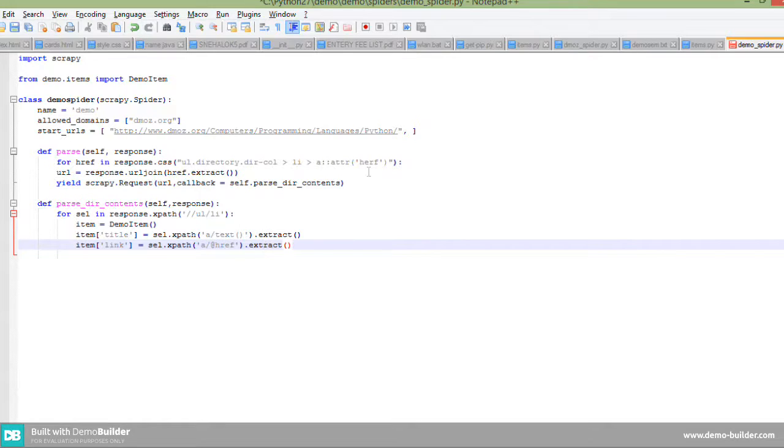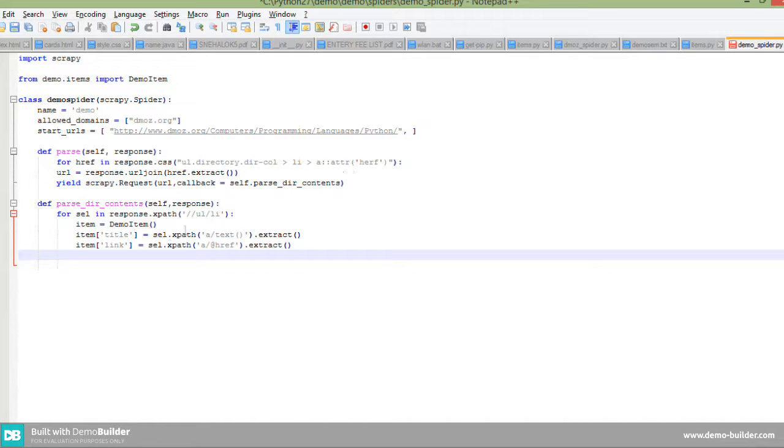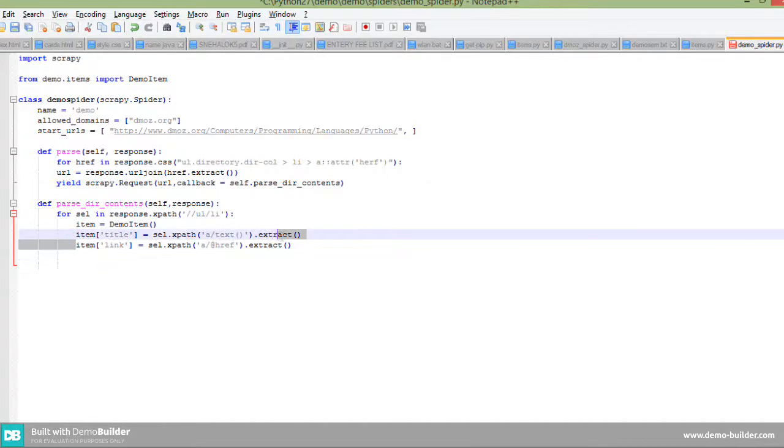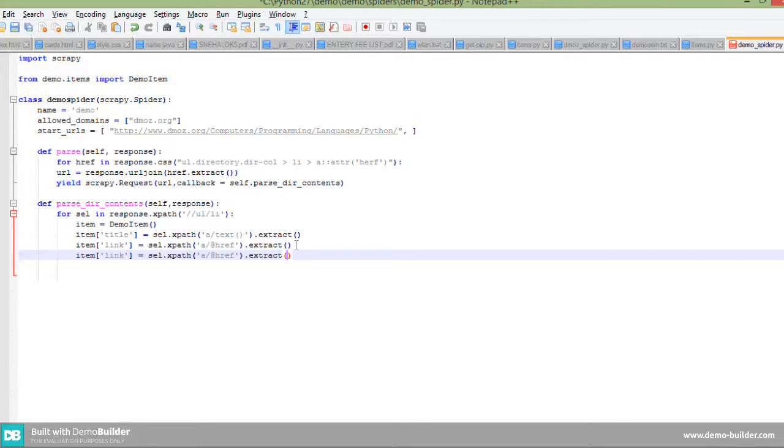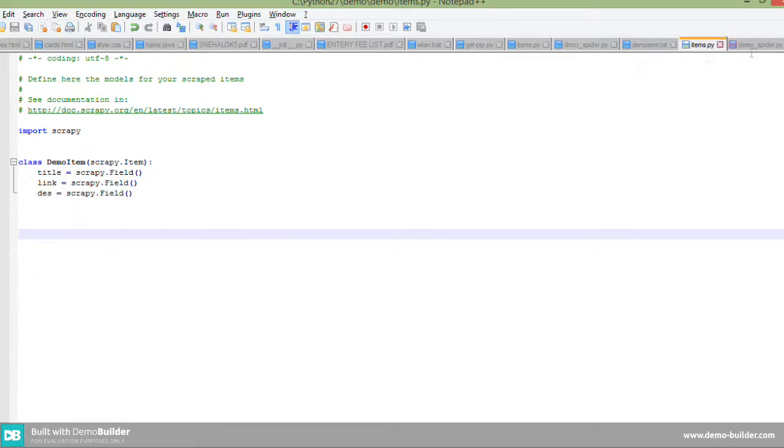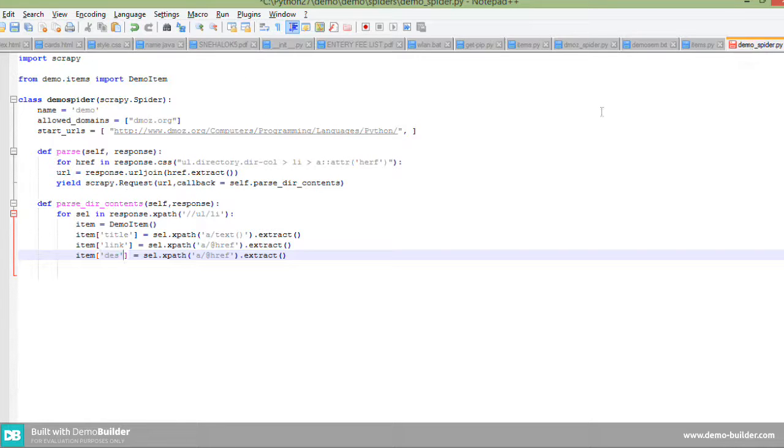I think it's correct. Next is link, and for description we need to just copy paste here and change it to description. Wait, 1 second. Variable is des. Okay, des correct. Xpath href, not this one. Text. Yeah. Extract. Okay.